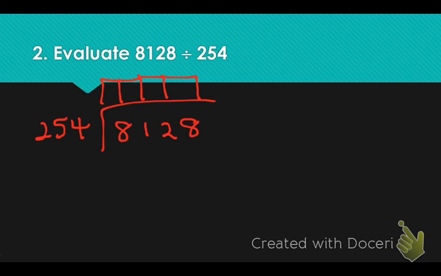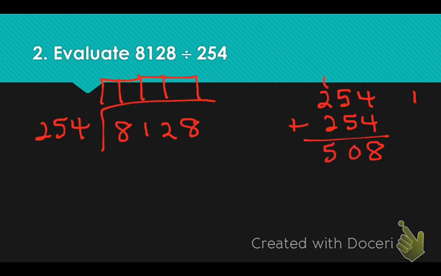So I've got that, and then over here I'm going to write 254. That would be 1. If I add 254, I'm just going to do a couple of these. That's 508. That's 2. If I add 254, that's 762, that's 3. I'm going to start there,